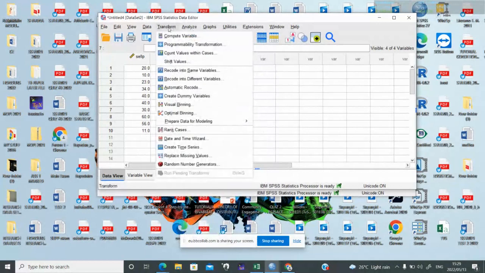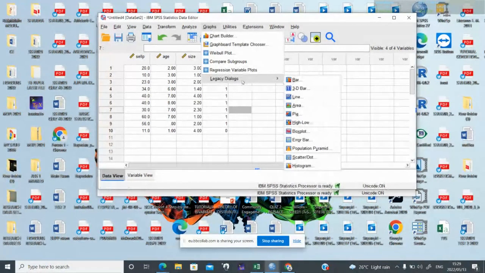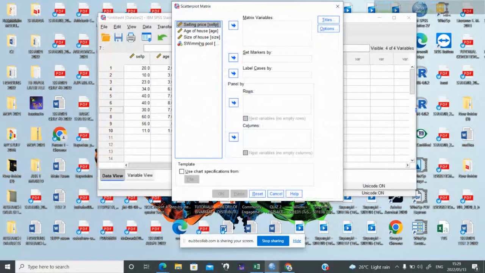Let me show you the scatter plot. You go to graphs, then choose legacy dialog, and then choose scatter plots. It will ask you what type of scatter plot you are looking for, because you want to check the relation between the selling price and the age, the selling price and the size. Let's choose this one. So with SPSS, it's a point and click